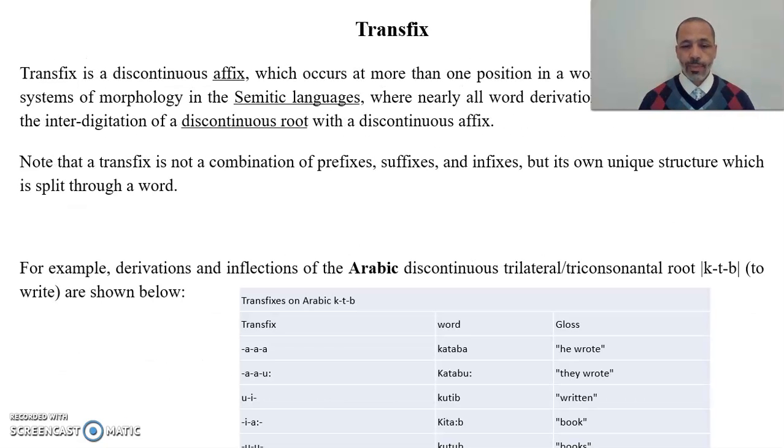An example of another kind of affixation is called transfix. Transfix is an